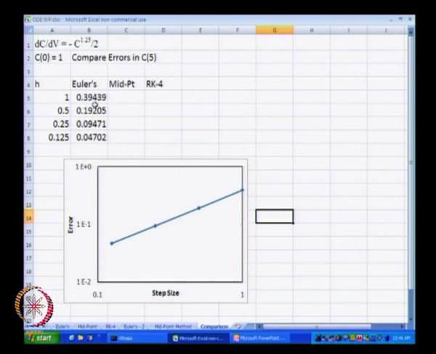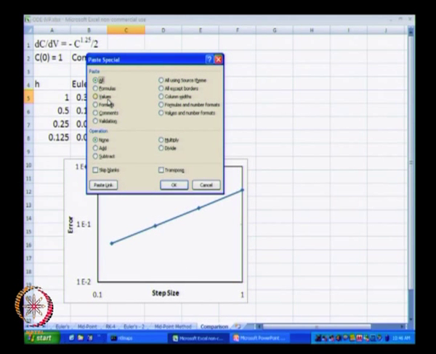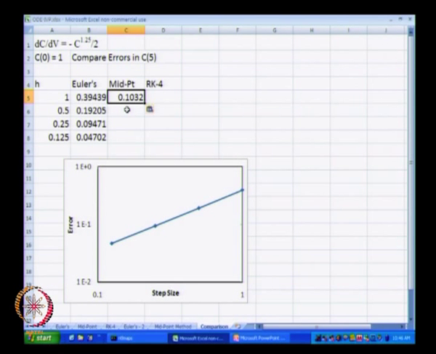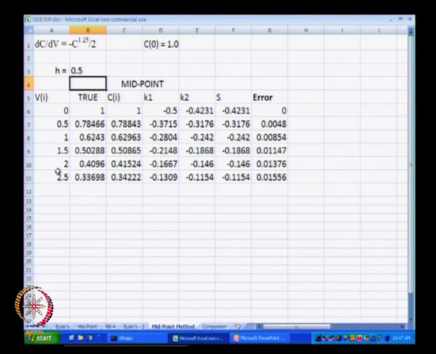Okay, and in this worksheet I have the errors from Euler's method that I have put over here, and in this place I will just do paste special, and I just want to copy the value, I do not want to copy the formula. The value of the error using the midpoint method for h equal to 1 was 10.3%. Okay, so that is what I have put over here. Now if I want to run this particular problem for a different value of h, for h equal to 0.5, that is also pretty simple. I just need to change this to 0.5, okay, and everything is taken care of over here.